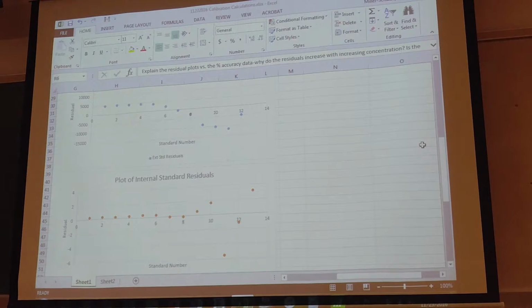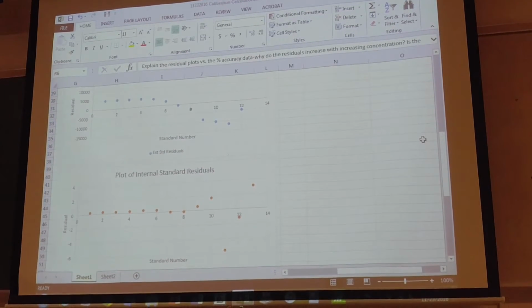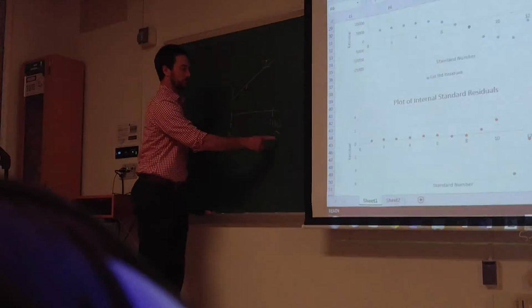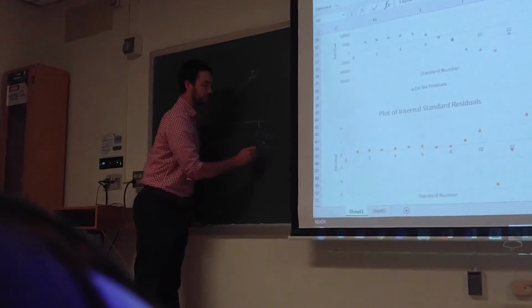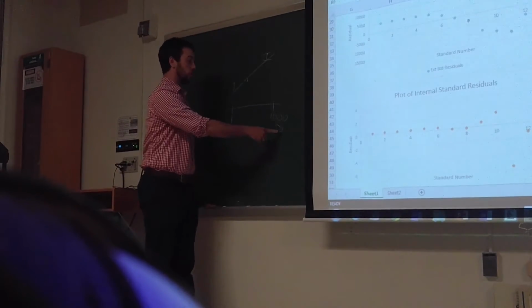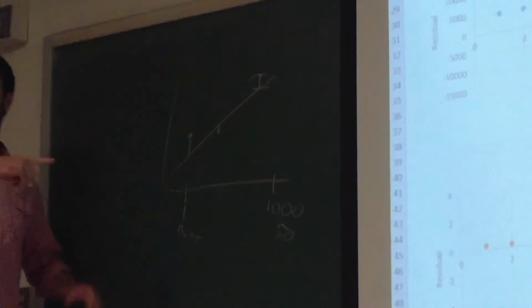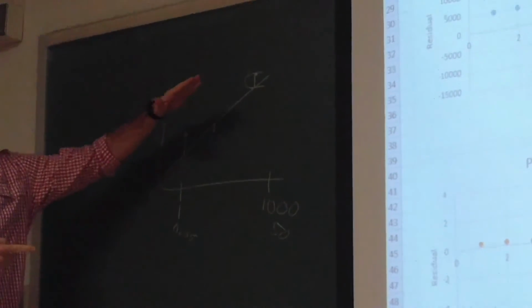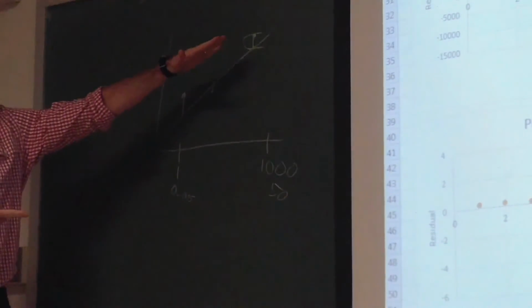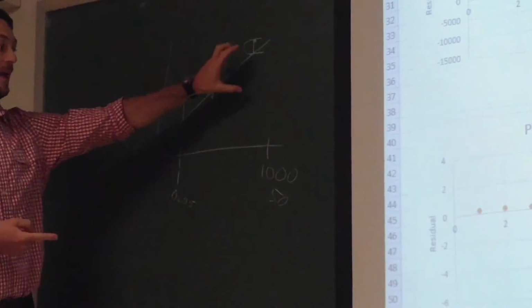If you're off by 5% here, how far are you off by? 105. If you're off by 5% here, how far are you off by? 5. And if this is 1,000, and this is 50. So the relative errors are frequently the same in terms of your y, your residual, but the absolute value is not,